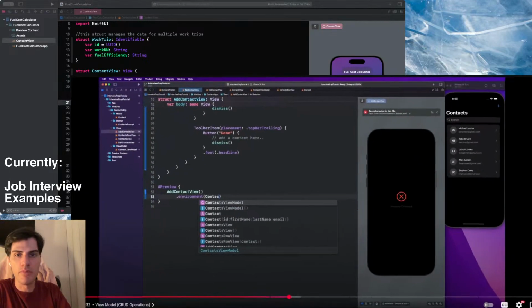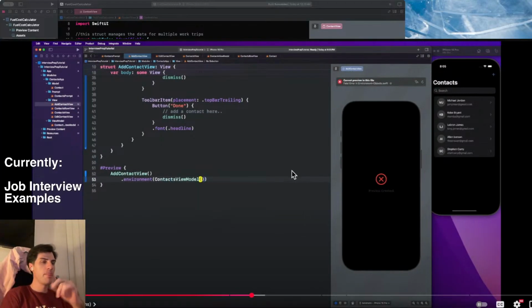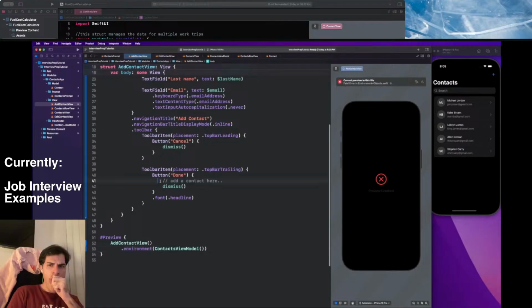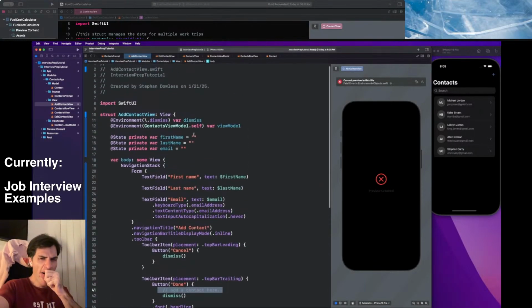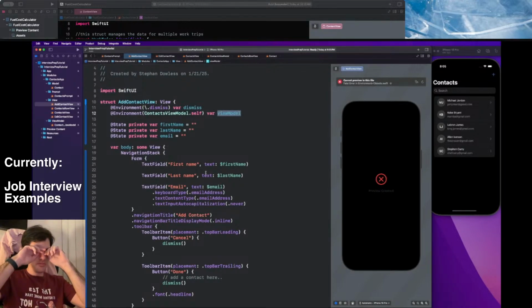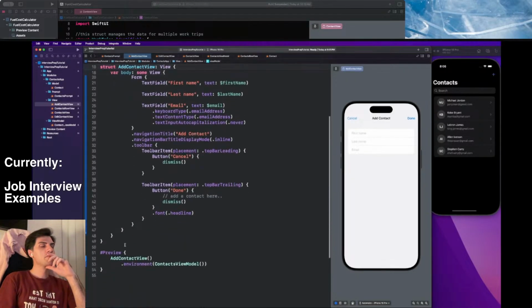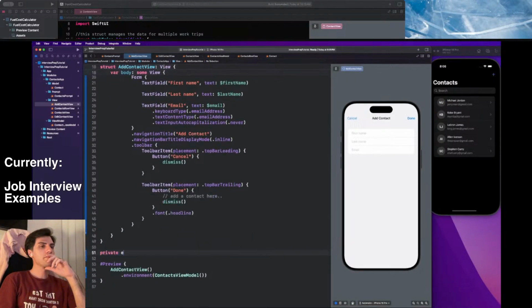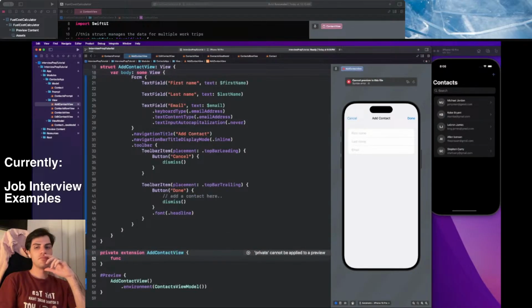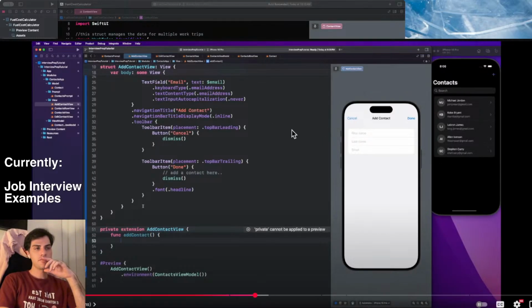So let's check this out a little bit more, this video. Text view model. So ultimately here, I need to create a contact using these values, and then through use of the view model, append that contact to my data source. And let's make sure our preview is good to go. Yes, so we're good to go. So I typically like to create a private extension on my views to house the functions. So I could say func add contact,